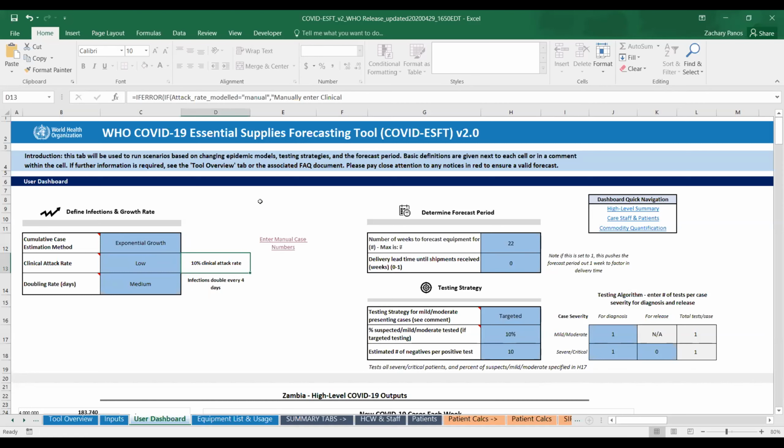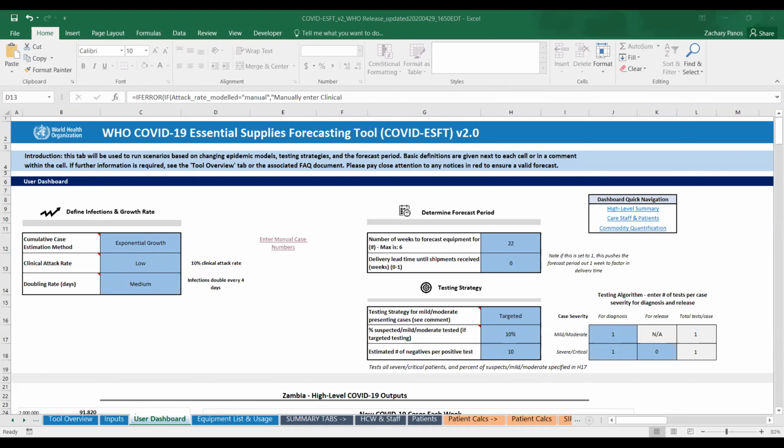So a low clinical attack rate is 10% of the population, hence 10% would be clinically infected. This is essentially your ceiling for the total number of possible clinical infections among that population.